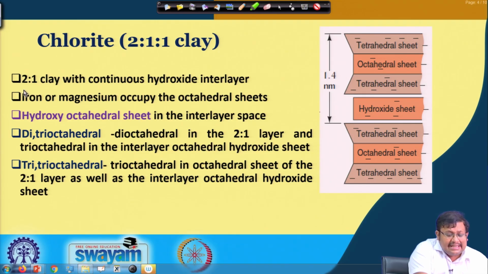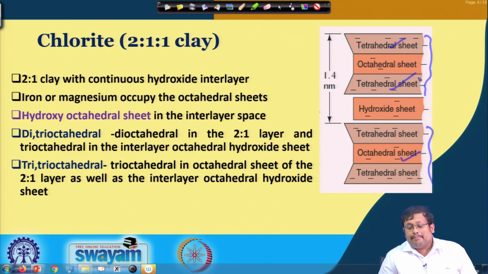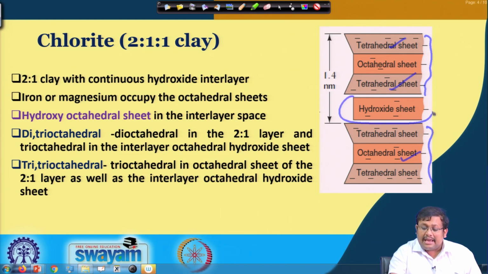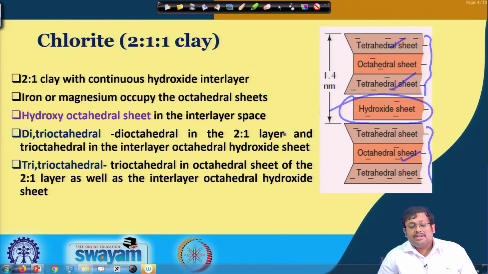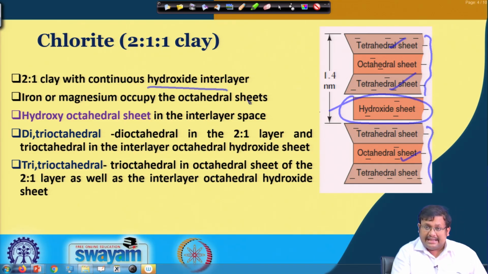Basically it has the 2:1 type of layer, an octahedral sheet sandwiched between two tetrahedral sheets, just like any other 2:1 type of clay mineral. However, the interlayer space is dominated by a hydroxide sheet. So, as you can see, it is a 2:1 type of clay with a continuous hydroxide interlayer, and iron and magnesium occupy these